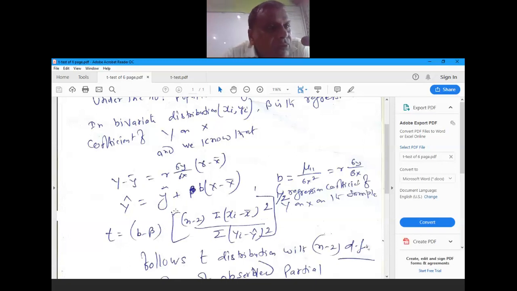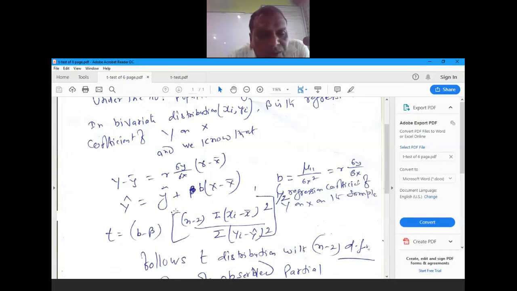Then we come to test the significance of observed sample correlation coefficient. So for this, your formula is equal to what? So T is equal to r under square root n minus 2 divided by under square root 1 minus r square, and with n minus 2 degree of freedom. So this is the formula to test the significance of correlation coefficient. You have to remember it.